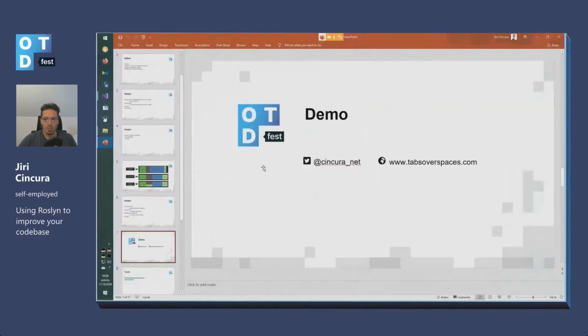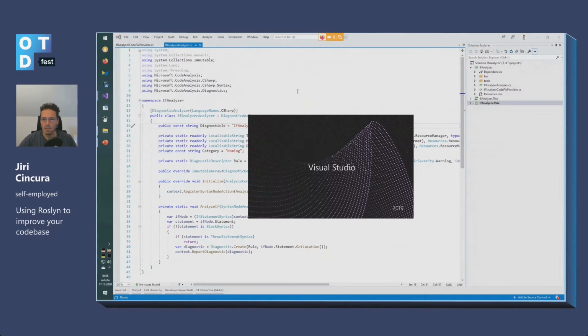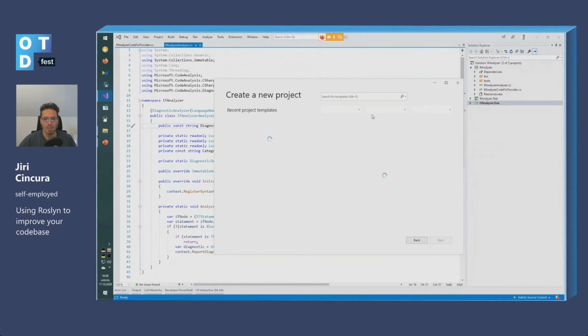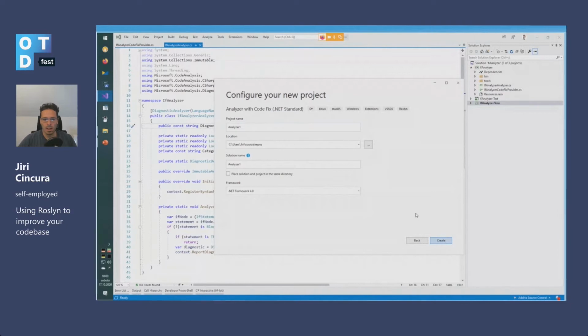So without any more slides, let's go to our first analyzer. In fact, I will first open another instance of Visual Studio so you can see what I'm actually using, and I will create a new project. And in new project, I will search for a template. It's loading a long time, and there is an analyzer with the code fix. And if I select next one and let's call it analyzer 1